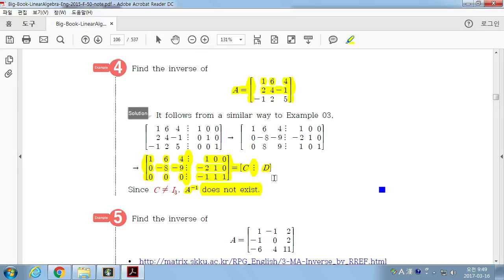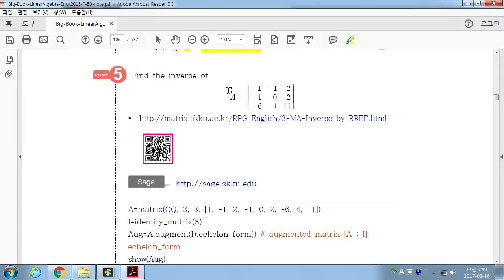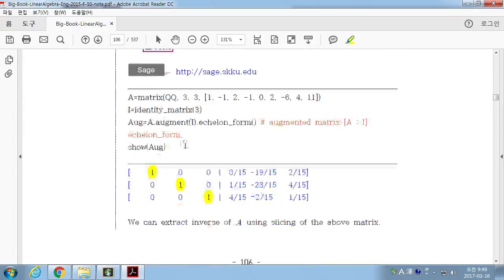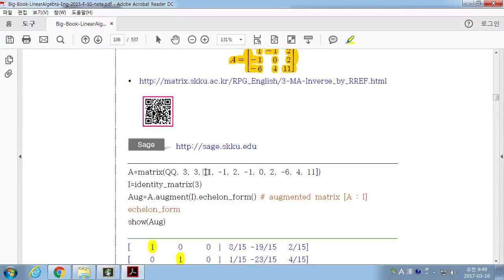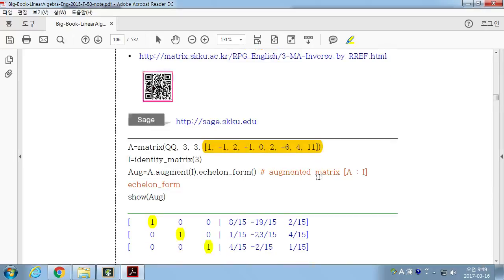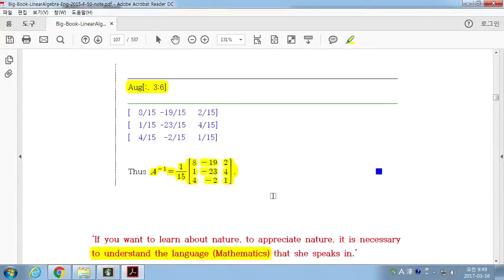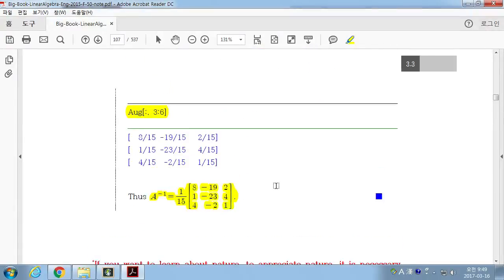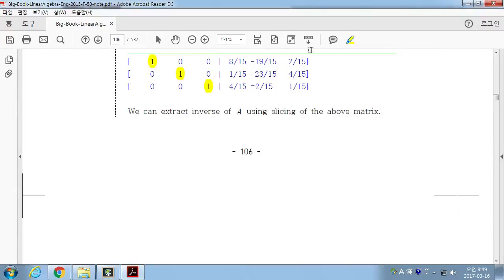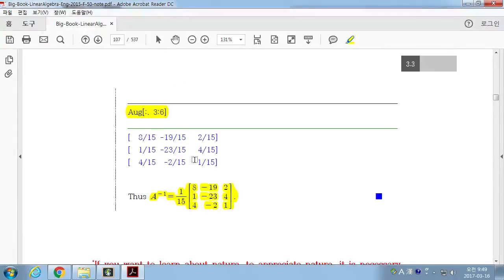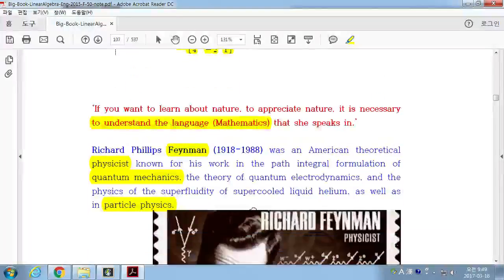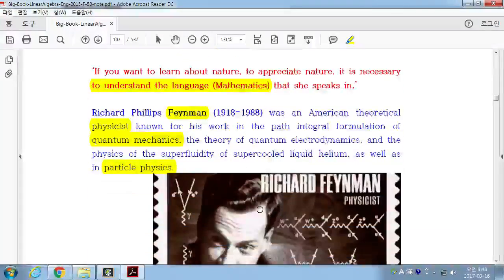That's what it shows. So, for example, this is a matrix, then form an n by 2n matrix, so a 3 by 6 matrix, then find the RREF. Then if you found the identity matrix on the left, then this is going to be the inverse of the given matrix, which is this. Okay? Yeah. You can print out this D part with this command, which is the inverse. Okay. I think that's the end of section 3.3.